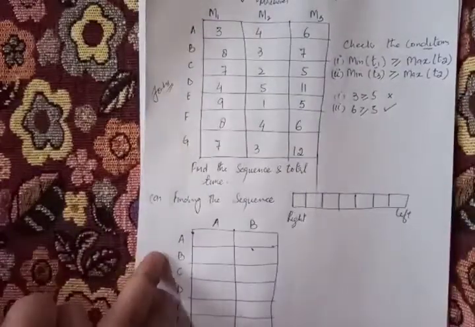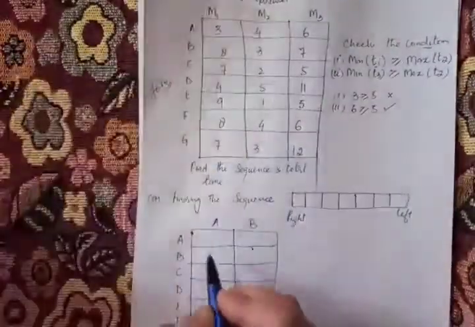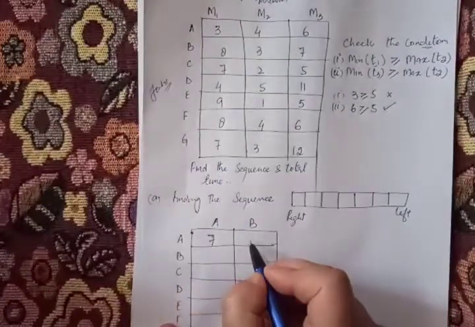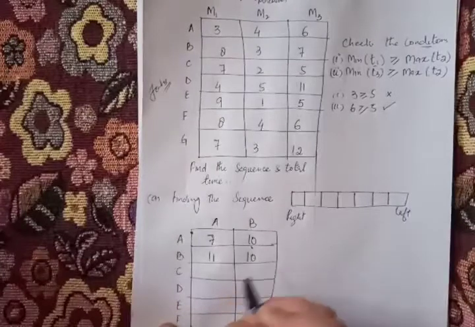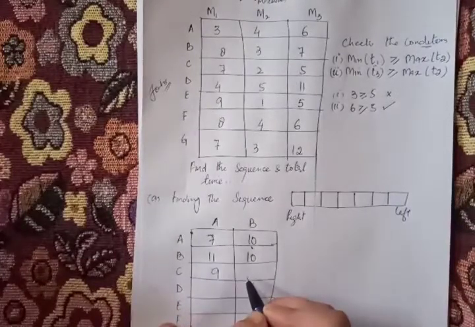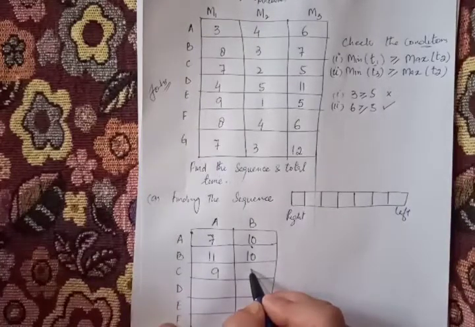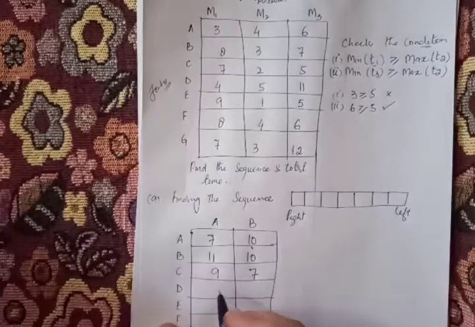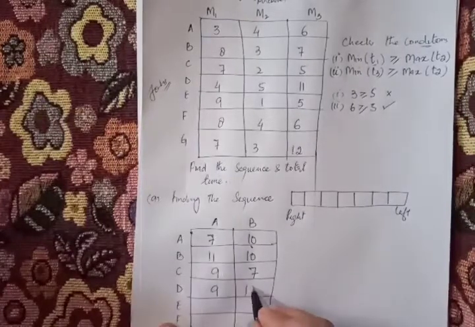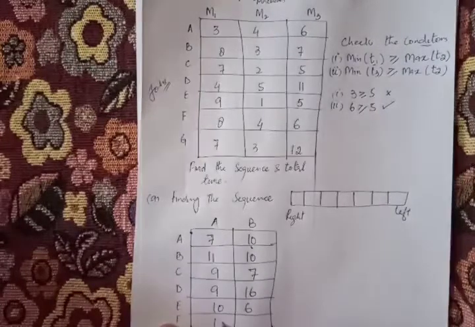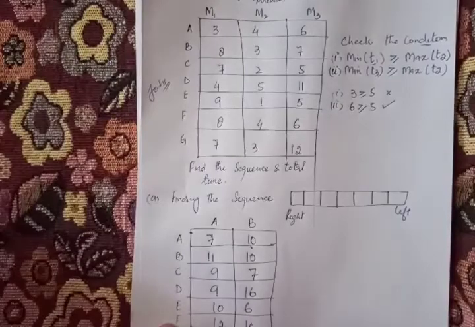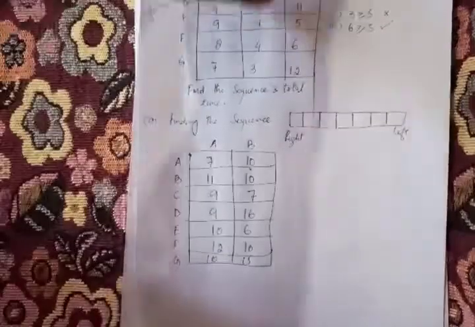So let us get started. 3 plus 4 is 7. So 7 would be here. 6 plus 4 is 10. 8 plus 3 is 11. 7 plus 3 is 10. 7 plus 2 is 9. And 2 plus 5 is 7. 5, and this is 9. This is 16. This is 10 and this is 6. 8 plus 4 is 12. This is 10. This is 10 and this is 15. So these are the processing times